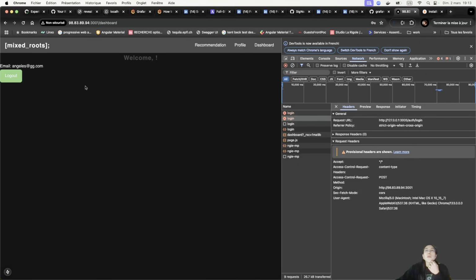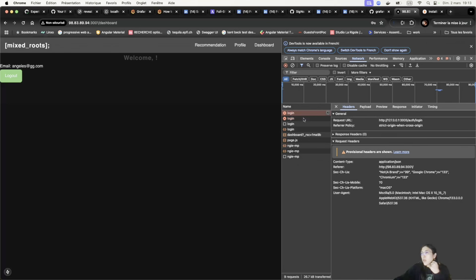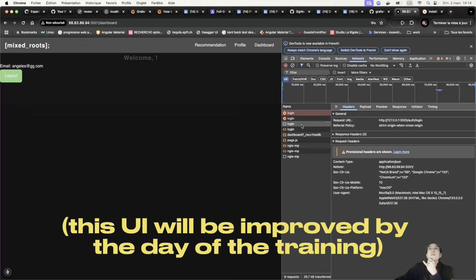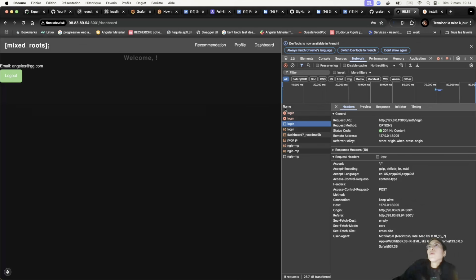So now I'm logging in. First of all, it caught an error because my backend was not set up, but this is good because what we want is to detect errors. Like that we can see that our